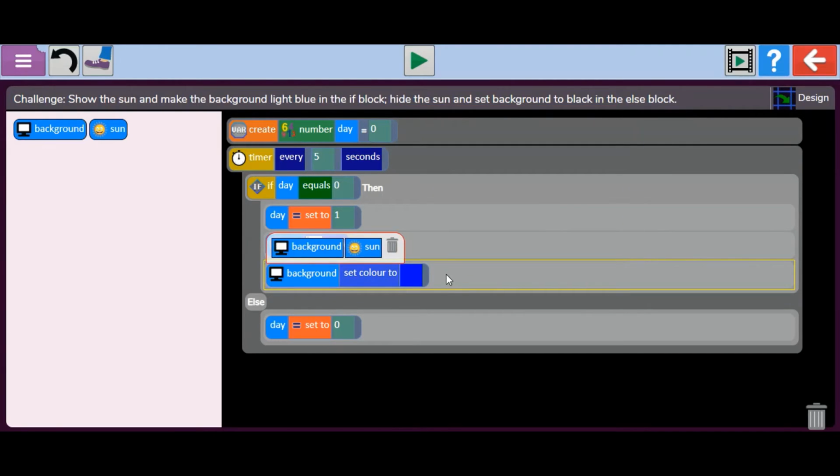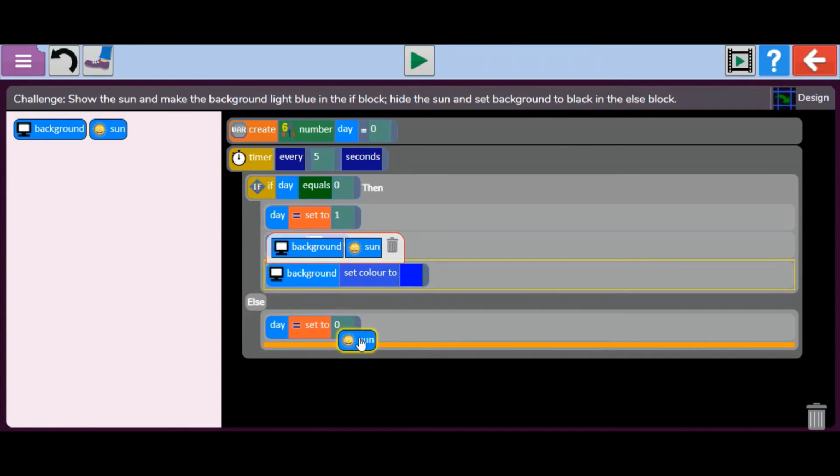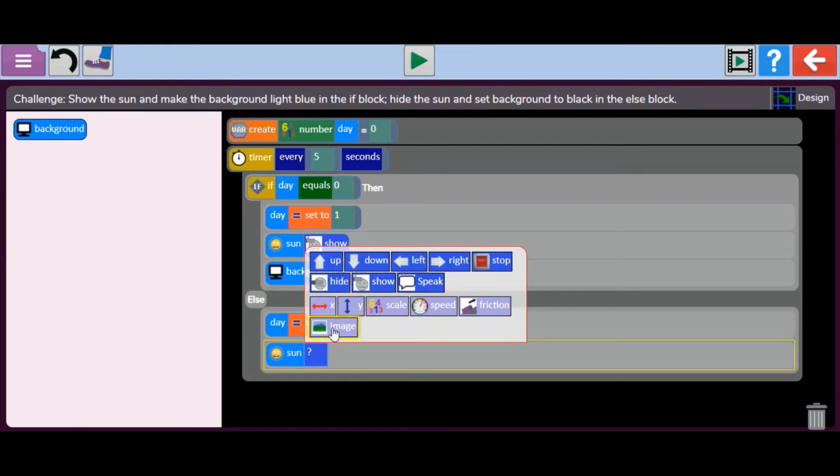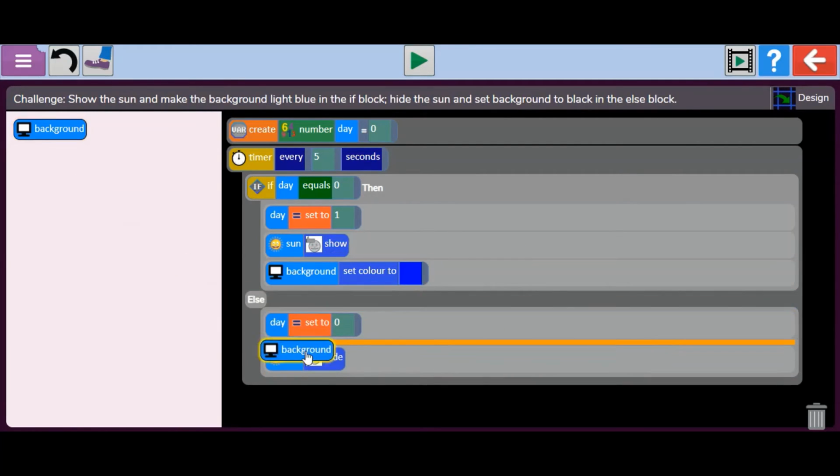Okay, so we've got one of the blues. Now that we have done that, we need to do it for else. So if it isn't what we said it was, in our else box we need to hide the sun because it's nighttime and we don't want the sun showing. So we're going to hide it, and we want our background